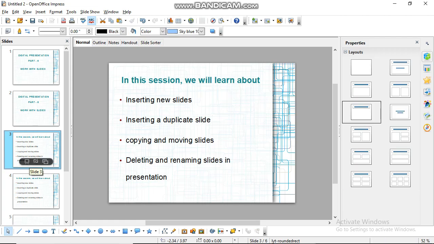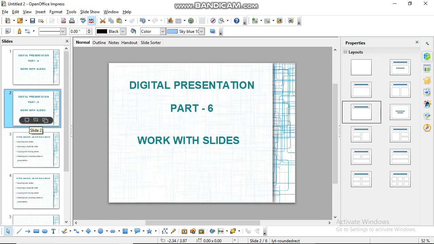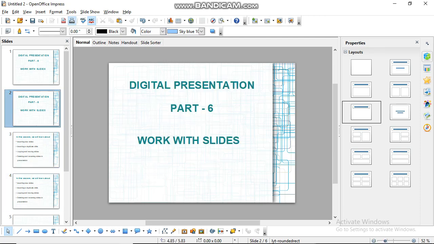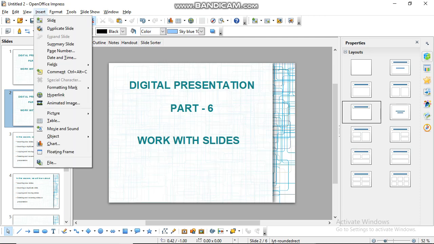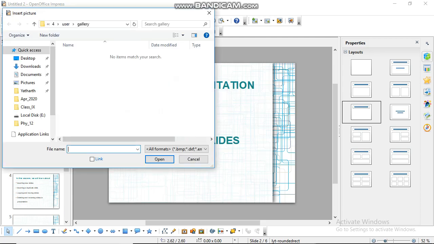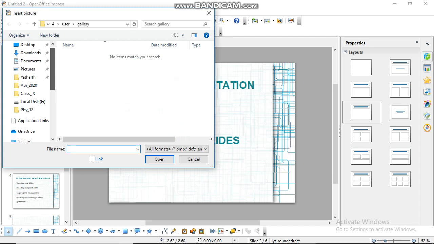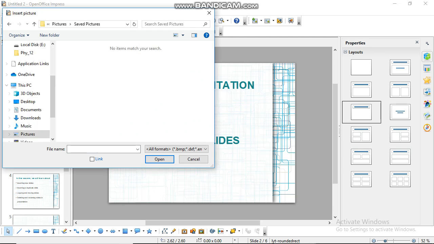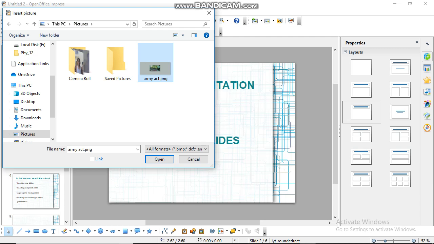Before we copy or move a slide, I am trying to paste a picture or photograph here so that it can be a bit different.